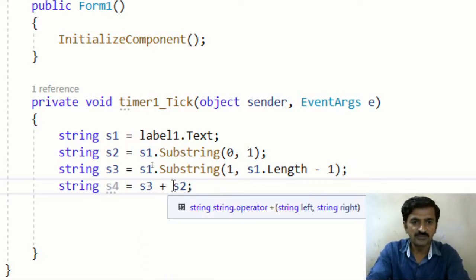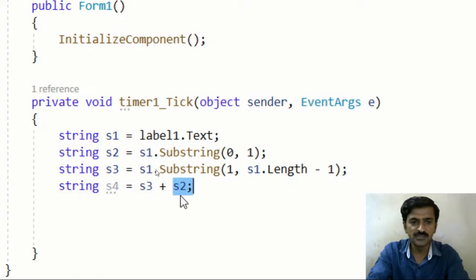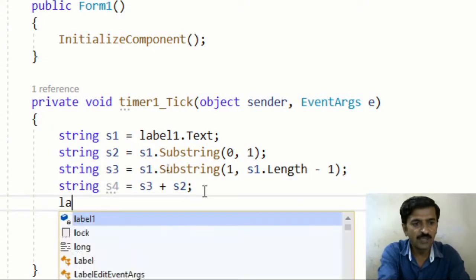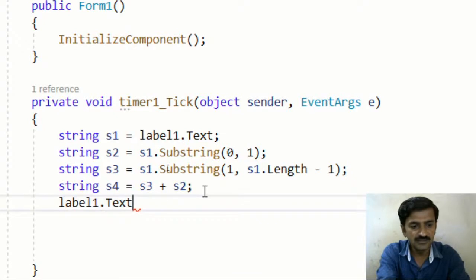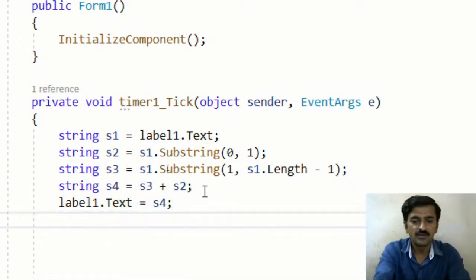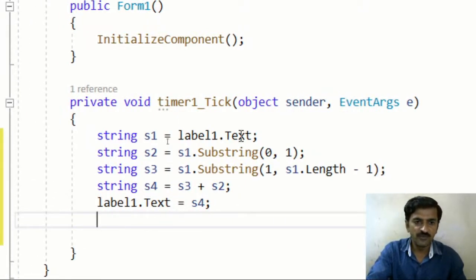The first character that we have extracted will be added at the end of the string. And now I am displaying that string s4 on the label. So this operation will be performed repeatedly after every 100 milliseconds.